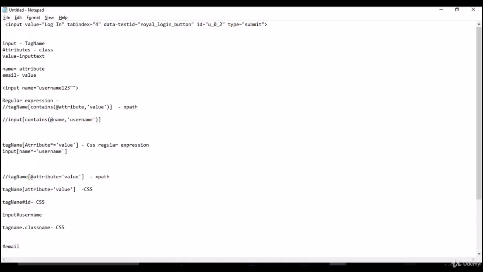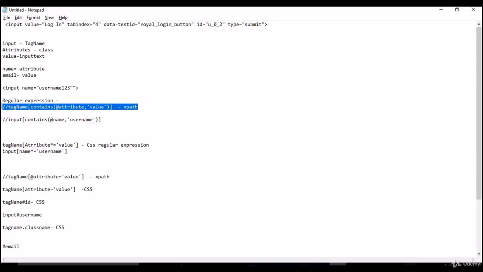Okay. So you may have a doubt about where we use all these regular expressions, in which scenario. One scenario is when the value is constant, and another is when the attribute value is too long. If it is too long, 40-50 letters, there's no point in copying everything into your code. So just take the unique text, whatever you feel from that entire big text, and use a regular expression like this, star or contains. That's all. It goes and identifies it. Okay. So that's about regular expressions.